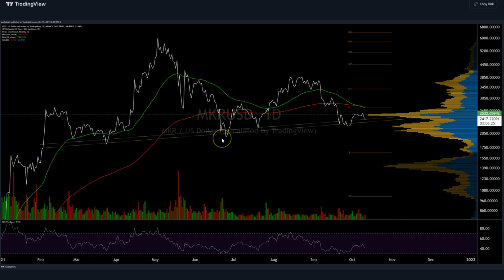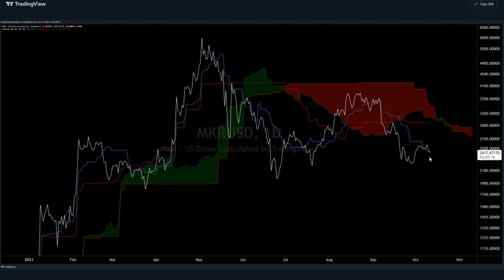And probably the worst of all for me is this gnarly looking head and shoulders chart pattern potentially. Bunch of shoulders, bunch of heads, whatever you want to call it. You don't want to lose this diagonal support, but it looks like it's going to happen based on the death cross, based on volume, based on pivots. This all looks very bad for Maker USD in the near term.